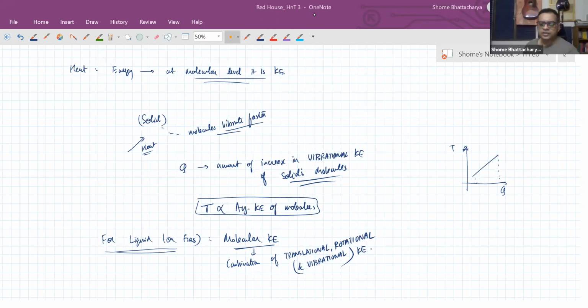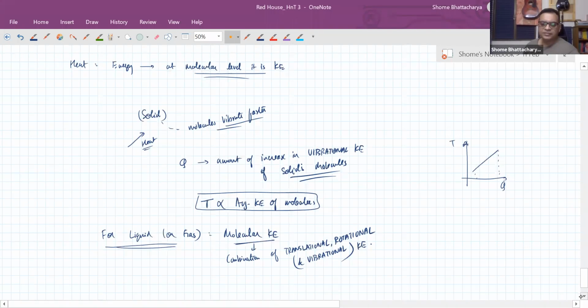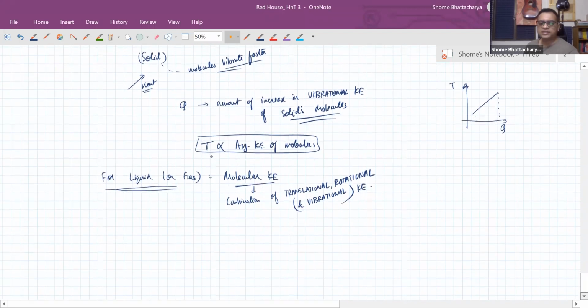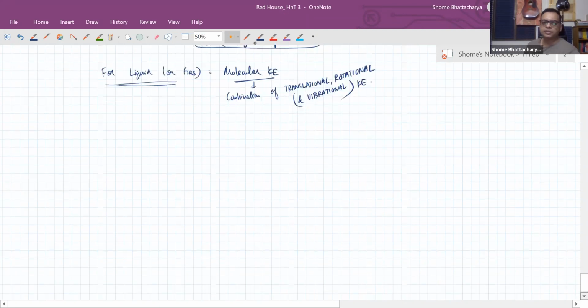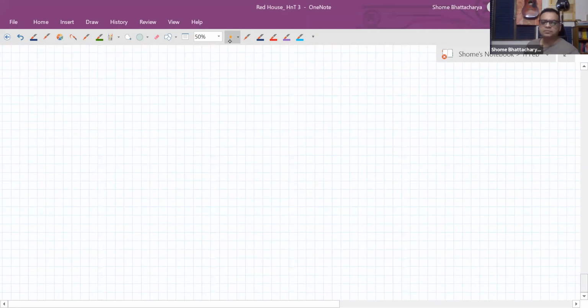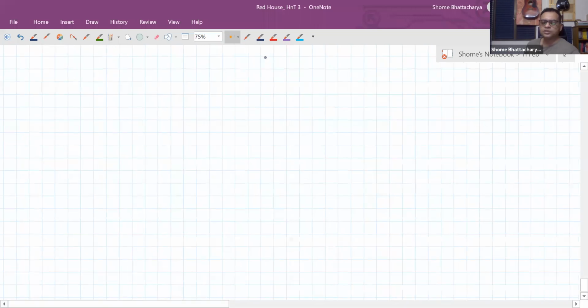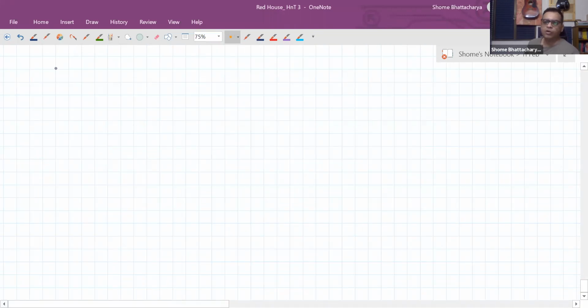Yeah, so I hope that is clear. So that is why, other than when there's a state change happening, there is a proportionality relationship between temperature and heat. Because heat is nothing but kinetic energy of the molecules. So supplying heat means the kinetic energy is increasing. Withdrawing heat means the kinetic energy is decreasing. And temperature is nothing but the measure of the average kinetic energy. So accordingly, there's proportionality. But when there's state change happening, the heat supplied or withdrawn contributes to change in the intermolecular bond energy. So that's why there is no change in kinetic energy of the molecules during that state change, and therefore there is no change in temperature.